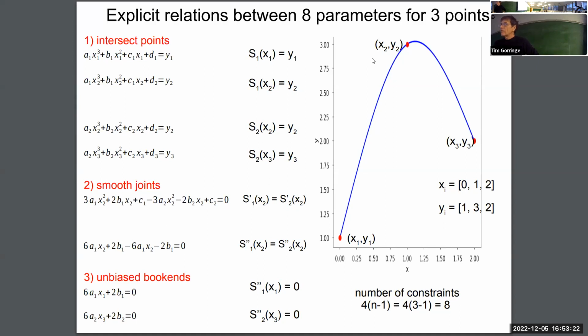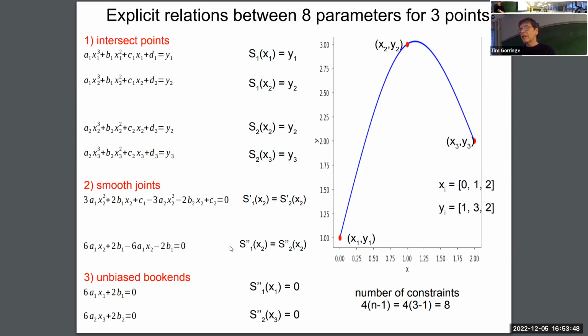What about where the 2 cubic functions join? Well, there's only one knot here where they join. It's this point in the center. And at this point in the center, the slope of the function on the left must be the same as the slope of the function on the right. Curvature of the function on the left must be the same as the curvature of the function on the right. So we're going to get 2 equations out of this smooth joint at this knot, and they're these